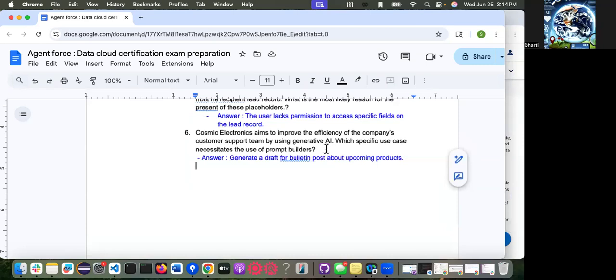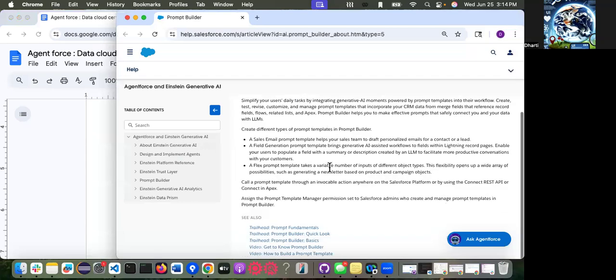Here I'm using a Trailhead because we are just understanding the use case, and there is no click-and-go tool understanding needed for this kind of question. Generate a draft for the bulletin post. Prompt Builder has a sales template that helps